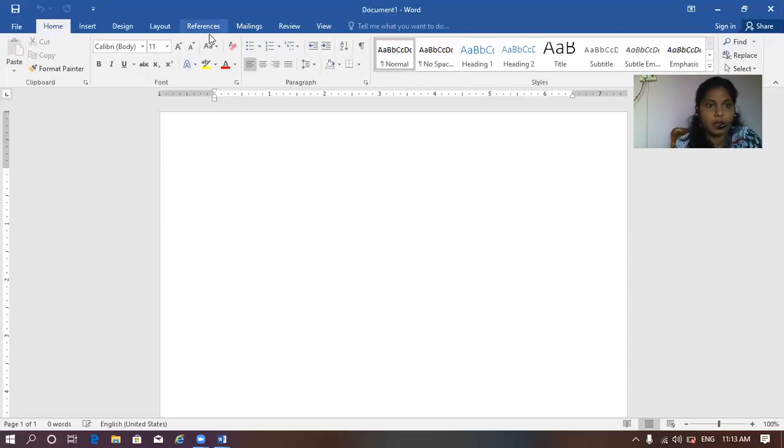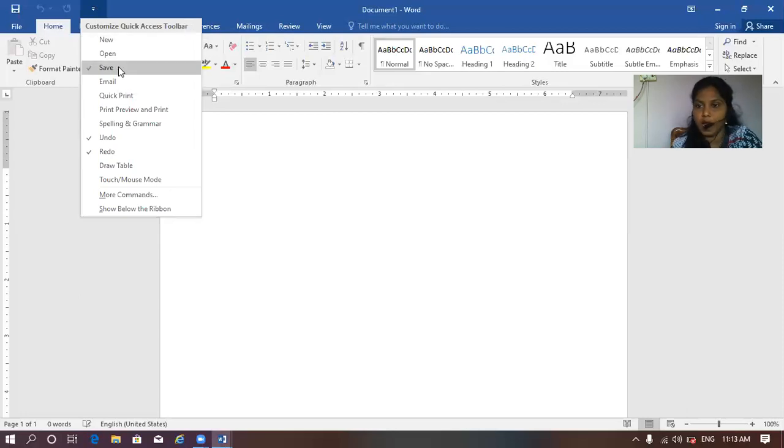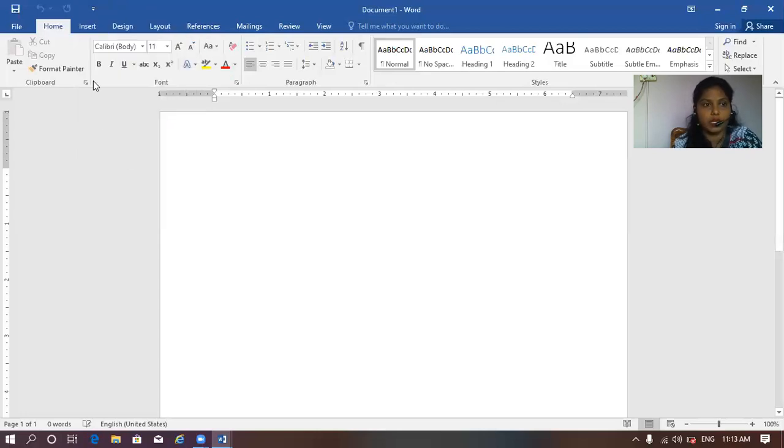Coming to the topmost left side, you can see one toolbar, that is the quick access toolbar. Why we take the quick access toolbar is for the repeated actions which we are going to perform. Whatever things you need repeatedly, you can take from the quick access toolbar. Suppose I always want to save, so I have selected the save button. Suppose if I want to redo, undo, all these things, you can place them on your quick access toolbar. Hope you understand about the quick access toolbar.